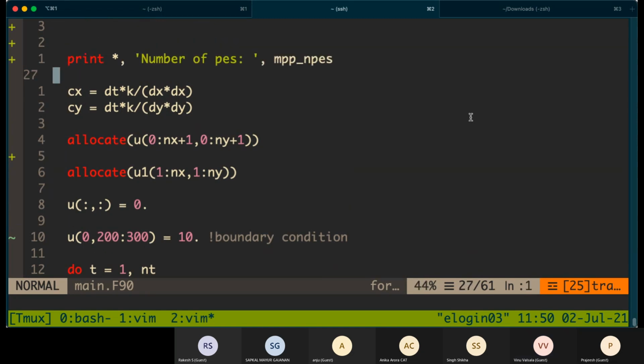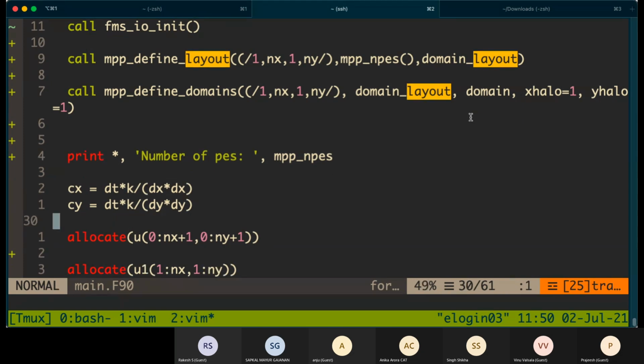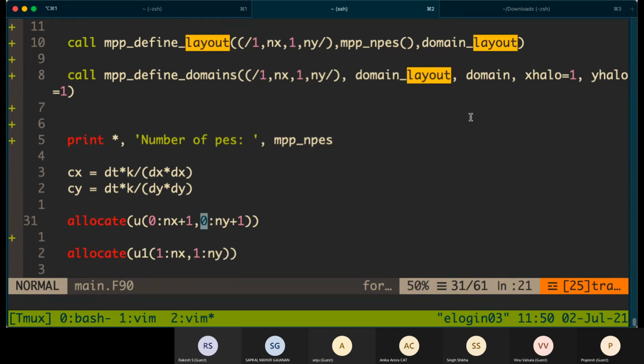So earlier we allocated this array as a full domain, right? We allocated it from 0 to nx plus 1. That is the full domain plus 1 boundary in both dimensions. Now we don't need that, because we are going to use many processors.